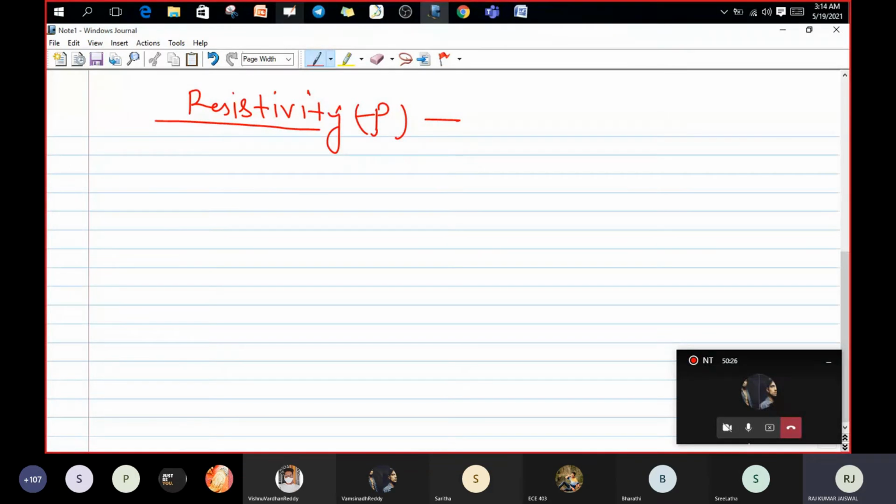Likewise, one student replied strength of material. Yes, definitely it is correct, because as I told you, resistivity is nothing but a property of the material. The material property could be strength, ductility, or more conductivity. A good conductor depends on the material. Then resistivity is nothing but the property of the material. Okay guys, write it down.